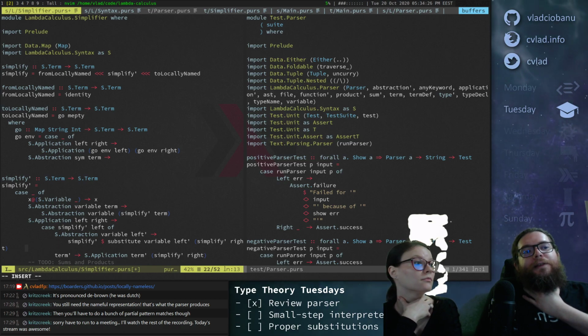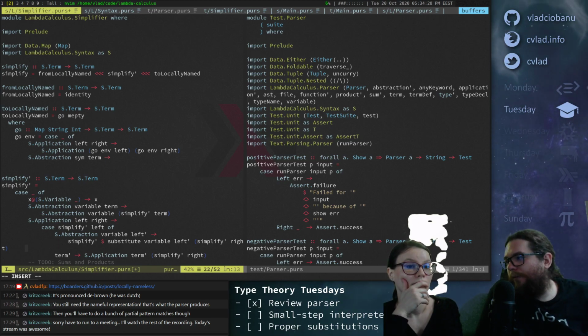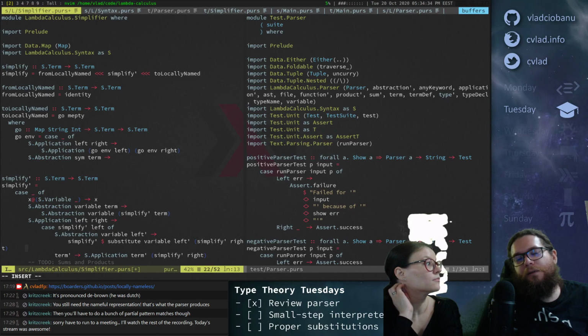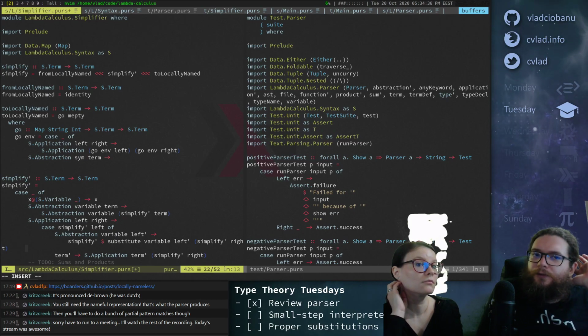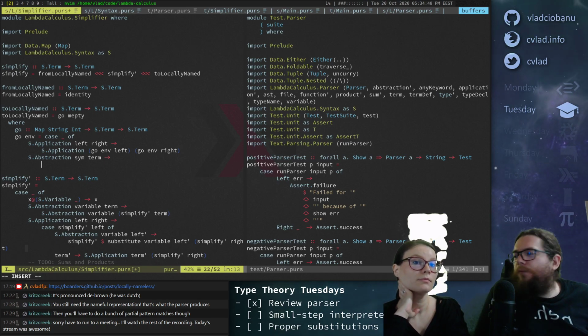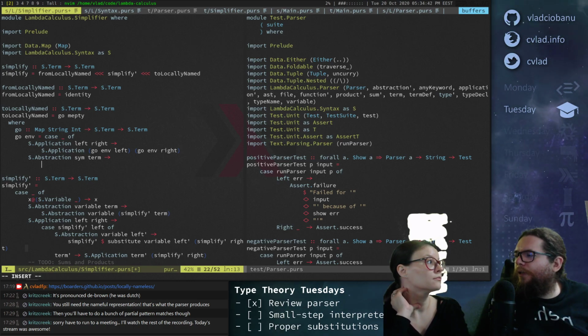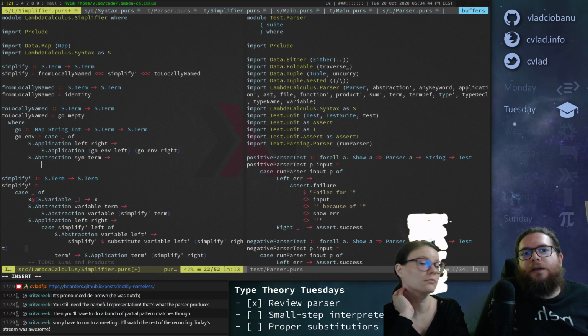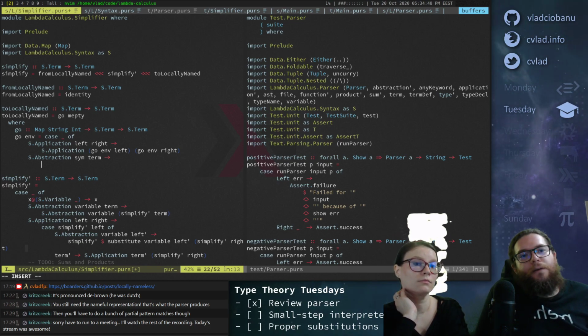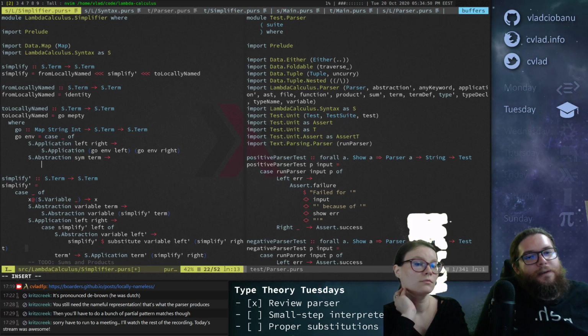Because what if symbol is already an integer, which it shouldn't be, right? So we should probably error in that case. Or I guess in that case we just don't change anything, but it's pretty weird. We might want to actually throw an exception or something. Should we? I think we should throw an exception in that case. Right, so to locally named would assume that they're not yet locally named, right? So we should throw an exception in that case.